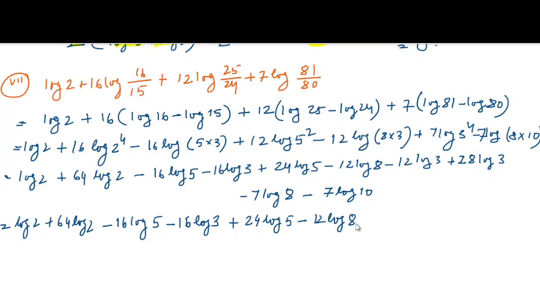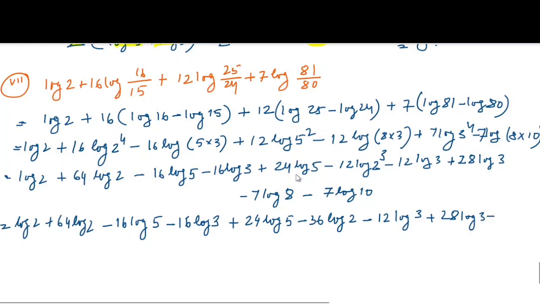Now this 8 can be written as 2 to the power 3, so we'll write here 3 into 12, that is 36 log 2, okay, minus 12 log 3 plus 28 log 3 minus that 8 can be written as 2 to the power 3, okay, so it will become 21 log 2, sorry, minus 7,